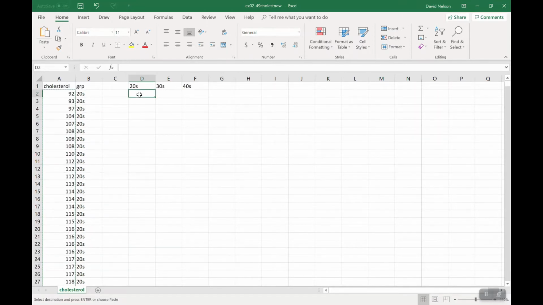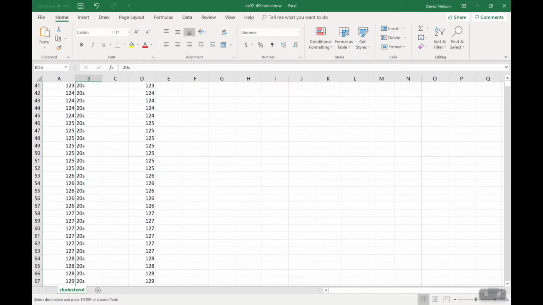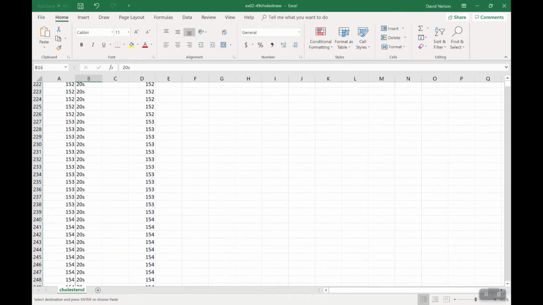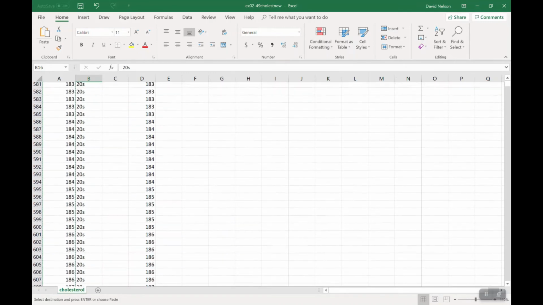Here, I'm going to paste that. Control V to paste that data there. Again, I could have left it all in the column, but then you've got to adjust your cell rows again. So now I'm going to go grab all the 30s data,